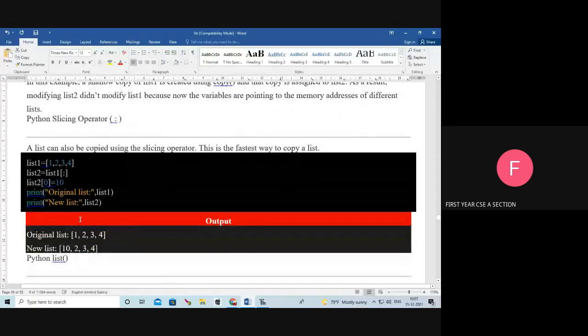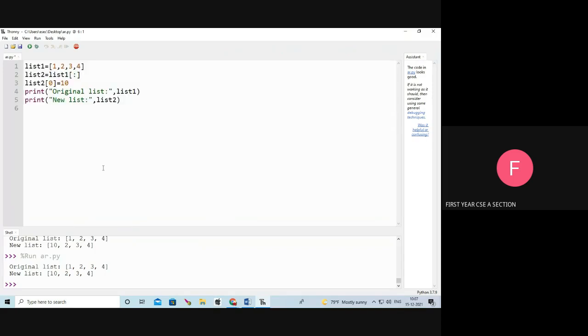Next, by using the slice operator, we can copy the list. See, the square bracket with colon is the slice operator. List 2 equal to list 1 with the slice.